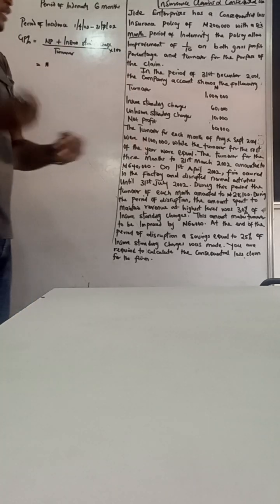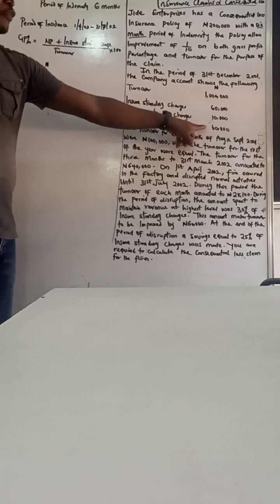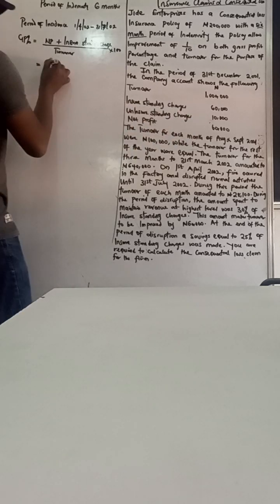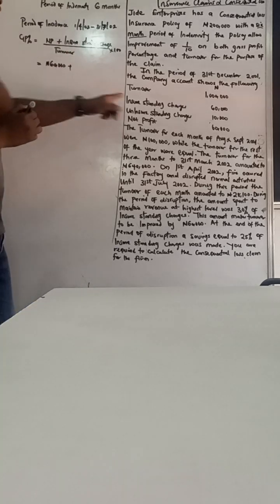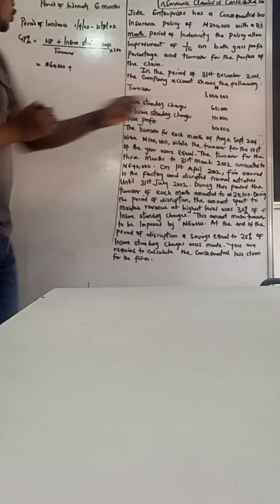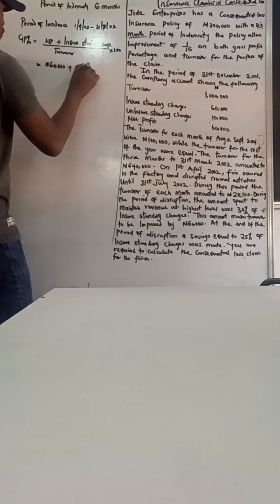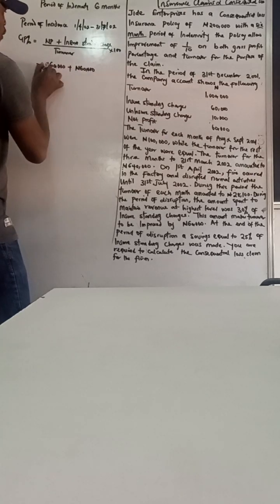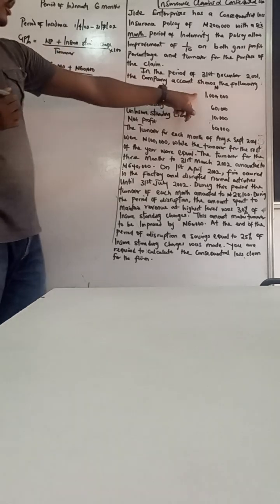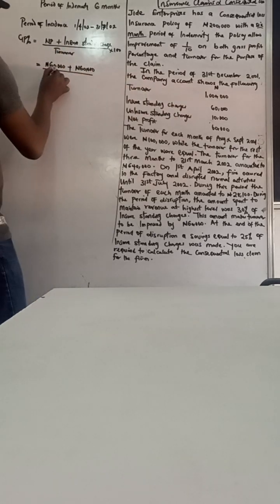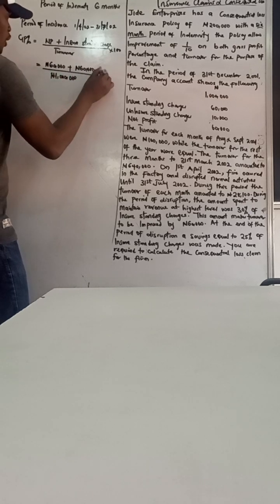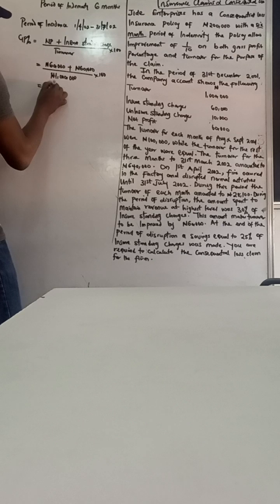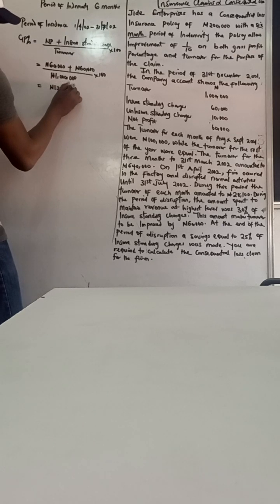So what am I doing? I'm not doing anything different. I will go to my financial statement. My net profit is 60,000. I'll pick 60,000 here. What is my insurance standing charge? Which is 60,000 also. What is my turnover? This is my turnover, 1 million. Times 100. This will now give me 120,000 divided by 1 million